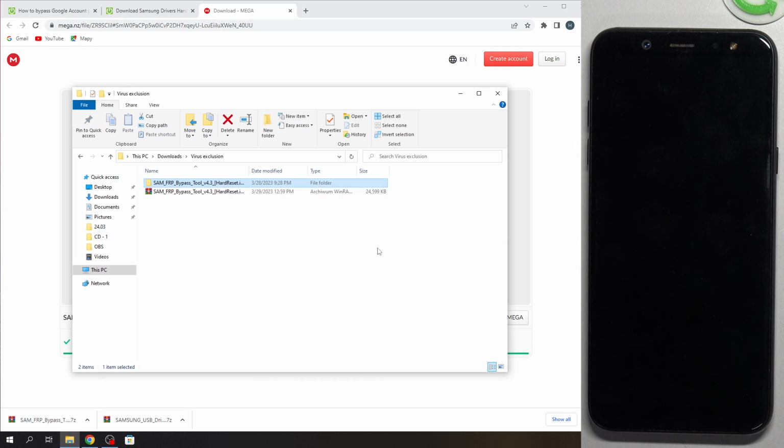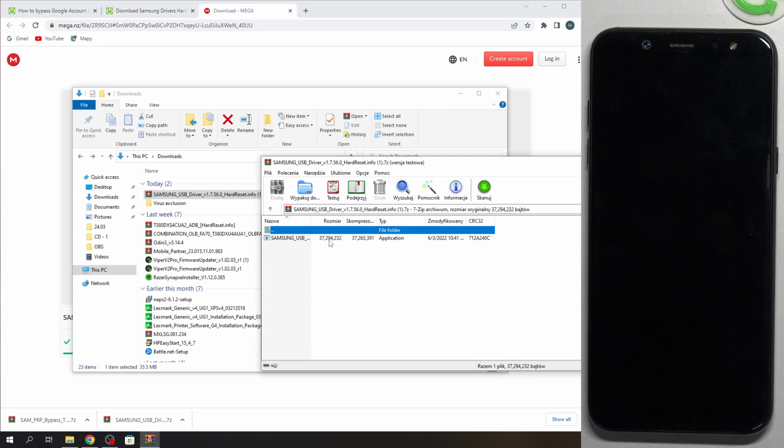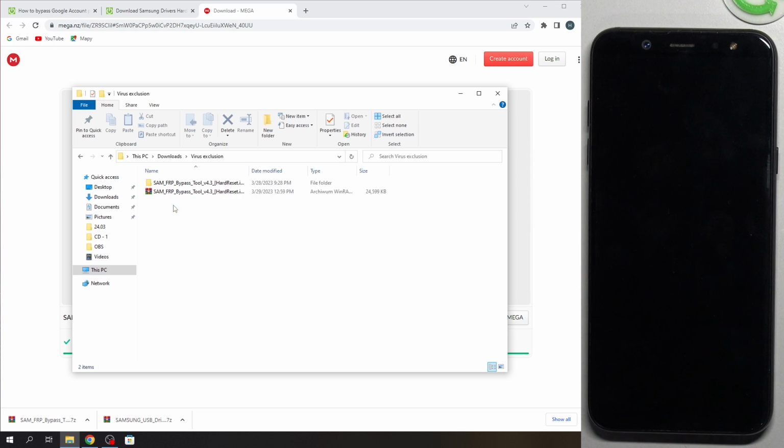and move it to the virus exclusion folder and unpack this application. Great. Now go back and now you need to install the Samsung USB driver. This is the normal program. You can't bypass FRP if you don't have the latest drivers for your device. So first you need to download these drivers, install them, reboot your PC, and then just open your virus exclusion folder, find your Samsung FRP bypass tool,